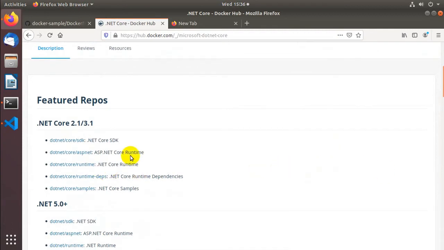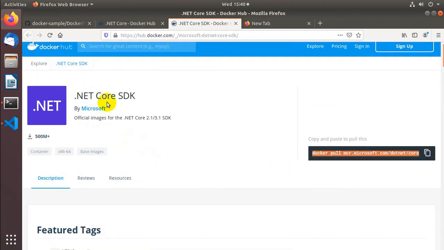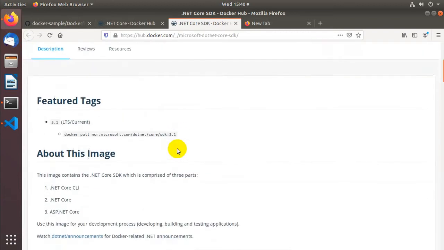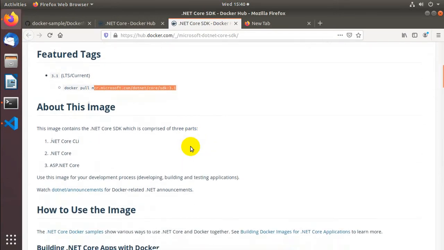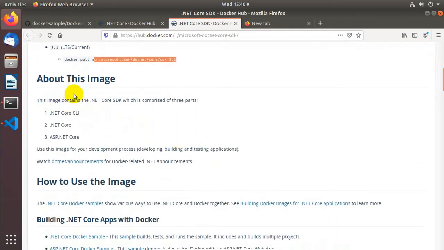Let's browse the .NET Core SDK. This is basically the official image for the .NET Core 2.1 or 3.1 SDK, and this is the current tag. The current version is 3.1. Here is the description of the image. Basically this image contains the .NET Core SDK, which is comprised of three parts: .NET Core CLI, .NET Core, and ASP.NET Core.